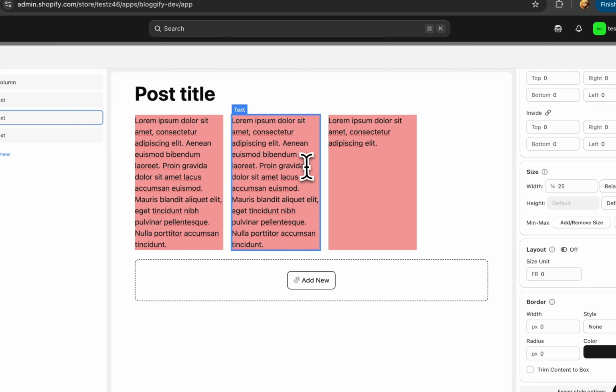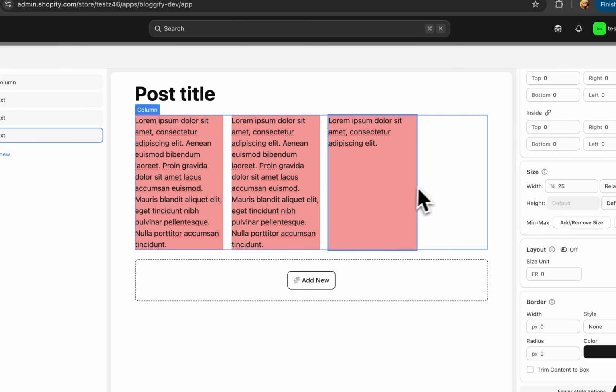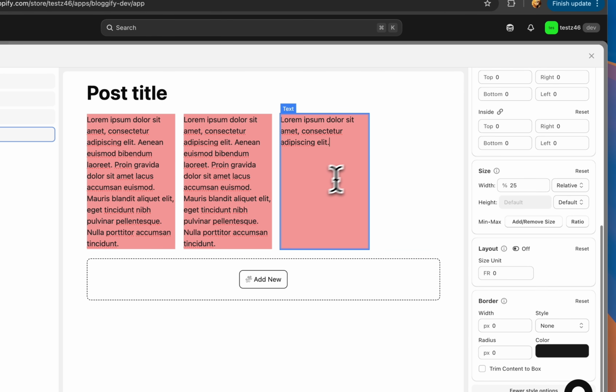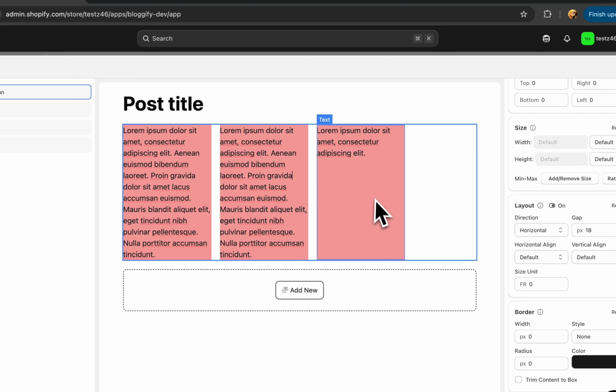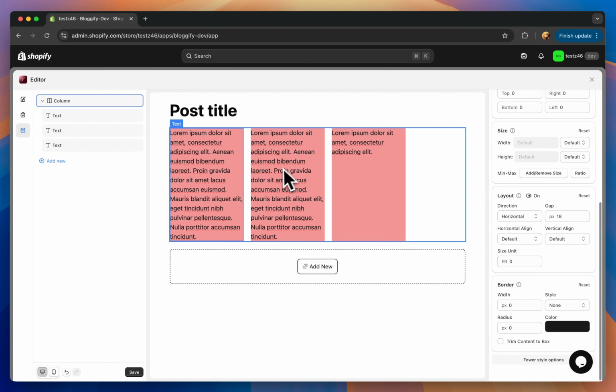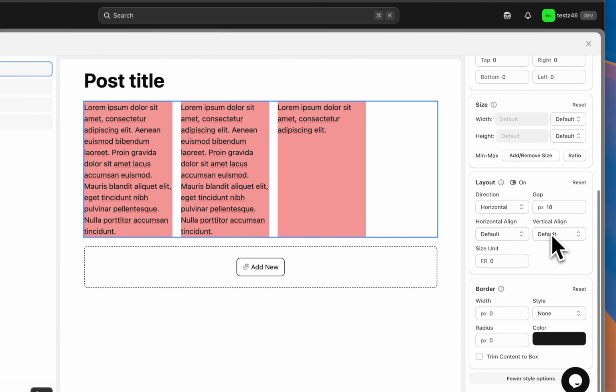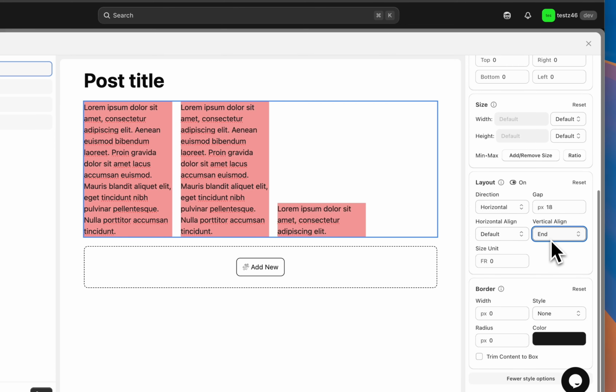Suppose we have these three elements, and now I'm going to decrease the height. Okay, now as you can see, we have these three elements, and if I go to vertical align, let's suppose this one has less content, so it doesn't require this much height. What we want is to center it around these two elements without having this empty space or empty background color. So in this case, I'm going to go to the vertical align, and then I can control something like this, center,